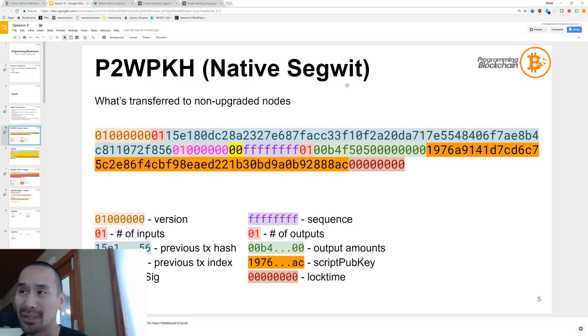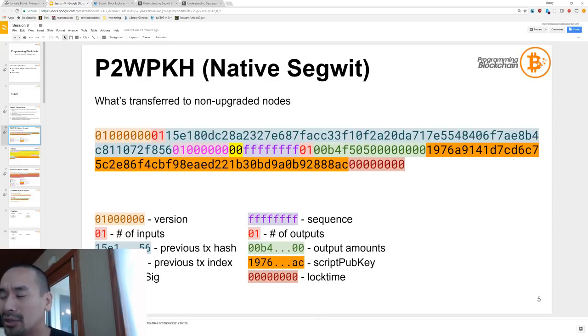This is stripped of witness data. This is what it looks like, and it's not very big. It's actually quite small if you think about it. It's I think less than 100 bytes or something like that, and this factors into the calculation for how blocks are